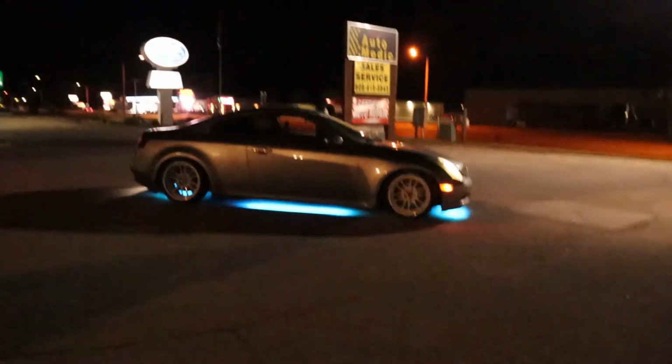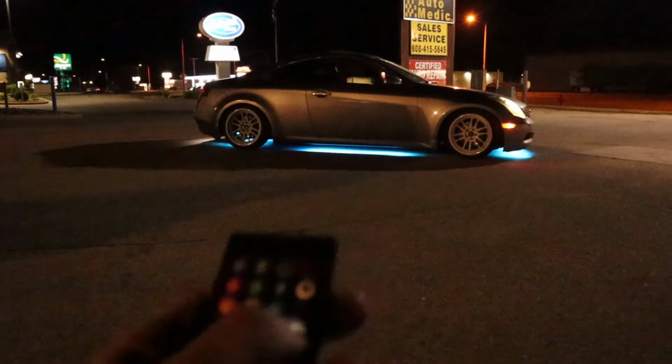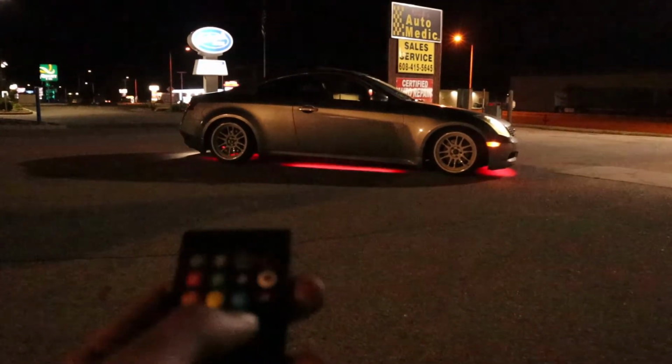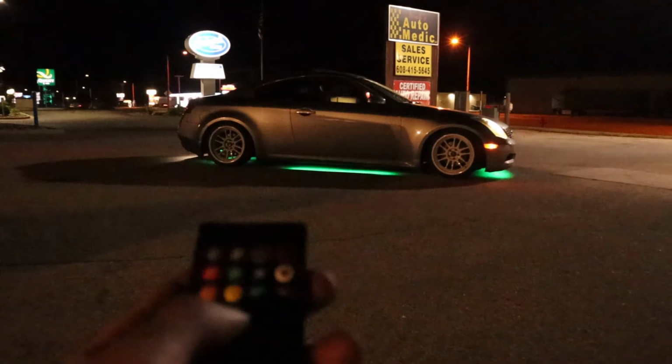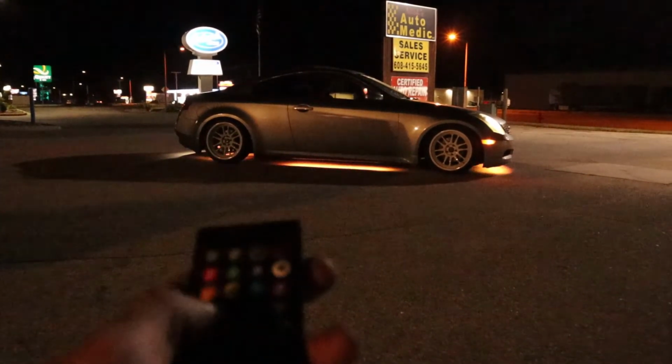The car turned out super awesome. I'm super stoked about it. I love it. The inner racer in me loves it so much. There's a ton of different settings. Right now it's on teal. I mean, it's got fade, all colors, and it has in and out fade on all colors, and it has flashing between colors,